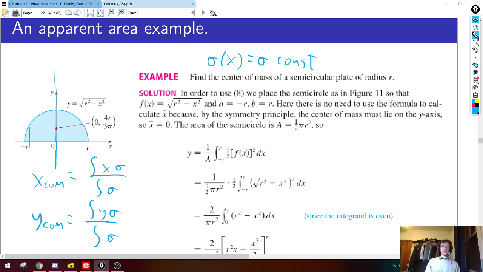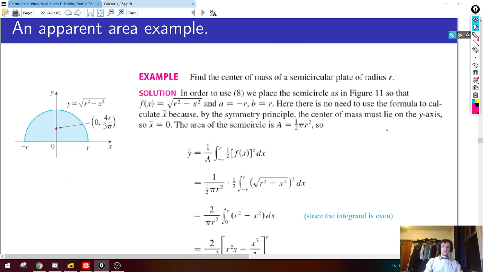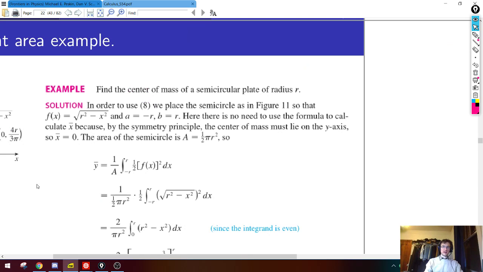They did this integral in a weird way. If I were solving this problem, I would have integrated dy, so you would have these horizontal slices, because all of these are at a fixed y. They are integrating over x, which means they do something different. So here is what they're doing. I should draw a better picture. Here's what they're doing in this example to find the center of mass, this y center of mass equation.